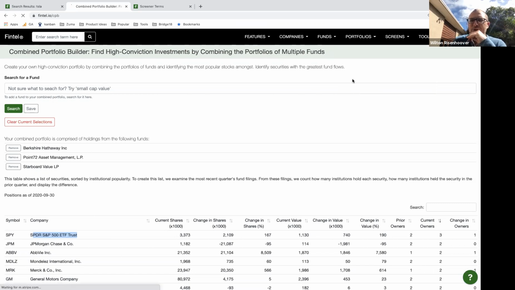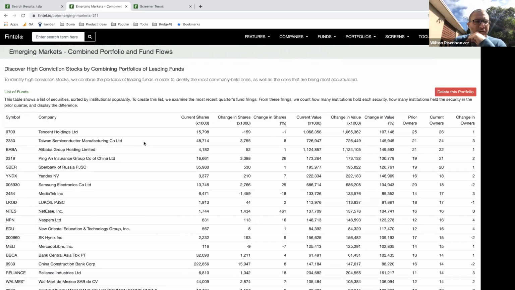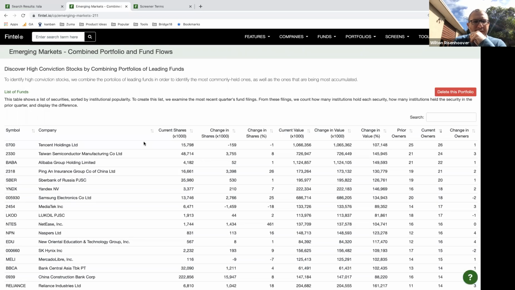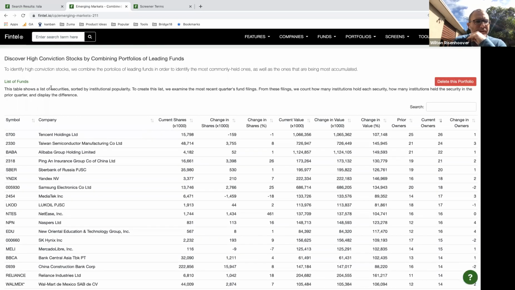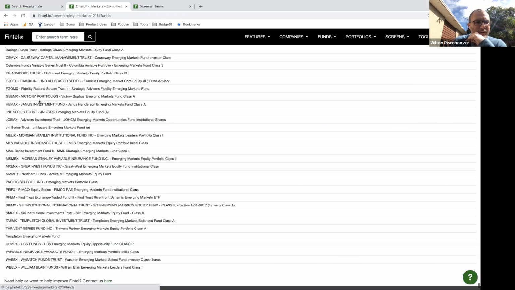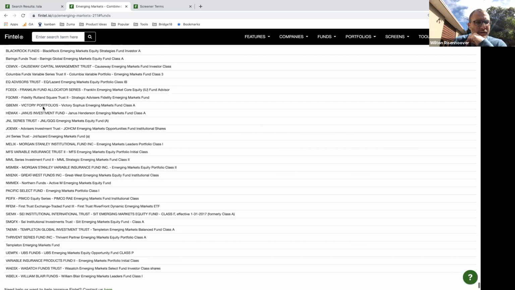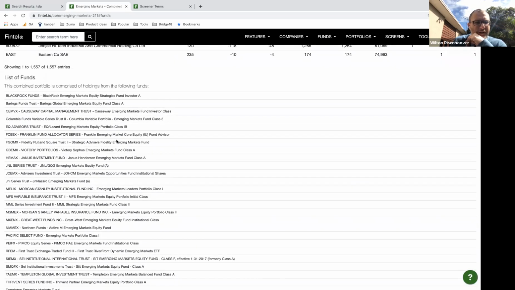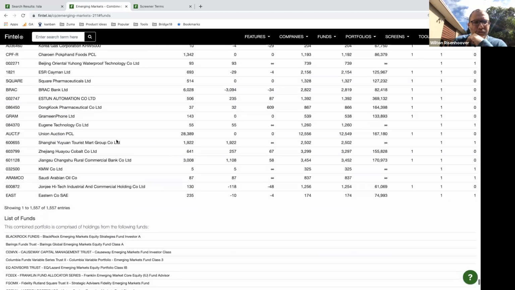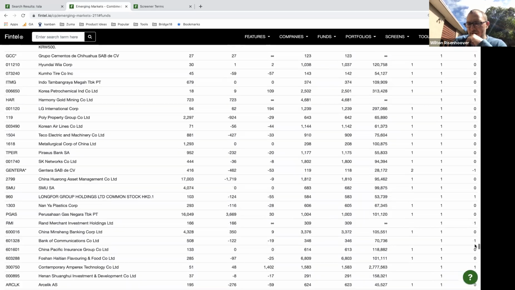For example, there's an emerging markets one. What I've done here is I've gone through all of the funds in Fintel's database that look at emerging markets, and I've added them all. If you click on list of funds, it will take you to the bottom of the page. These are all the emerging market funds that Fintel has. And if you go to the top here,